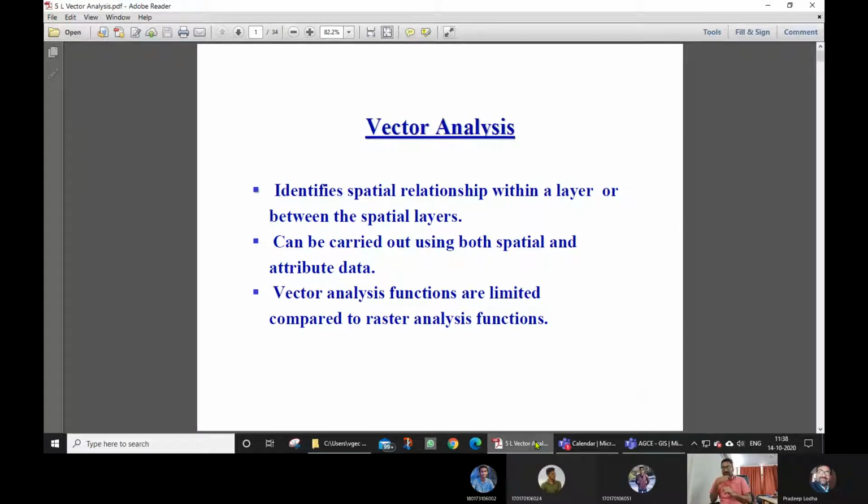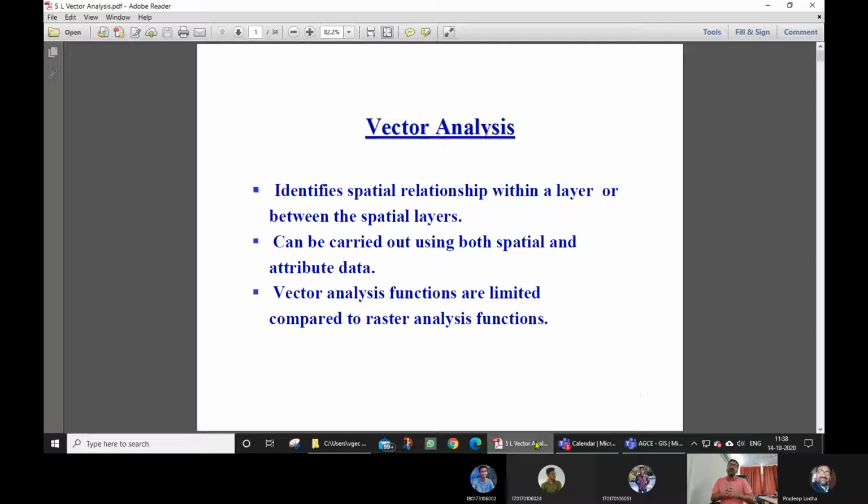Then we have seen the extended neighborhood operations. Then we have seen some creation of zones and their operations. So many different operations are possible in raster. Likewise, there are many other things possible in vector which are not similar to the raster.